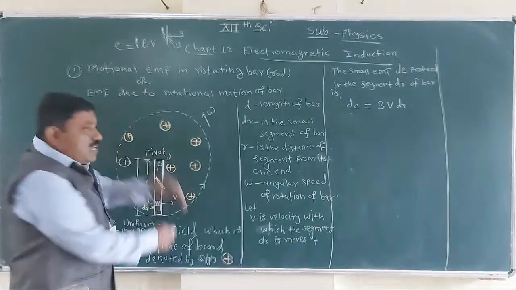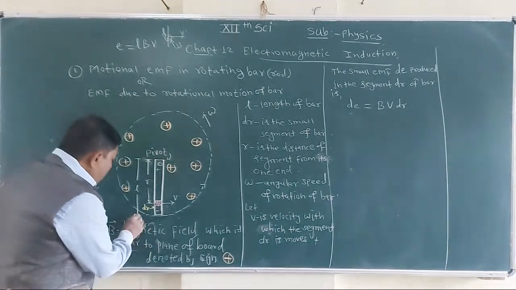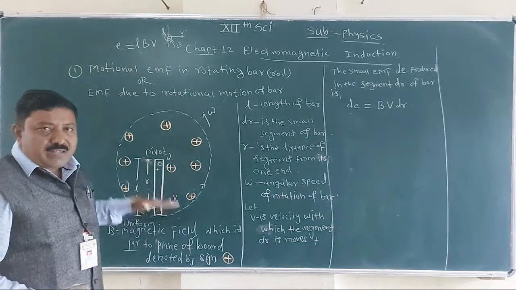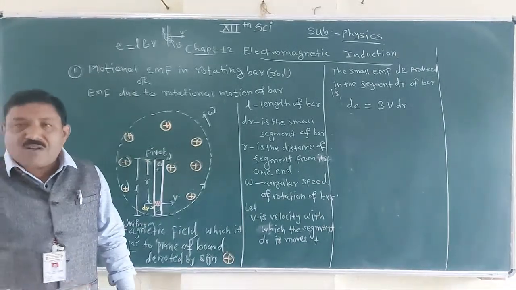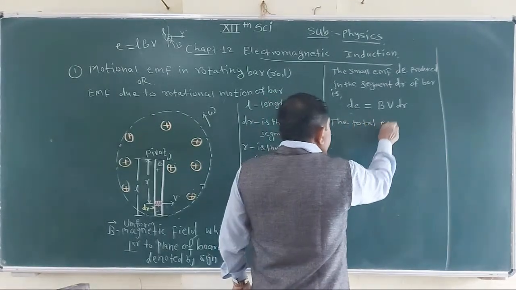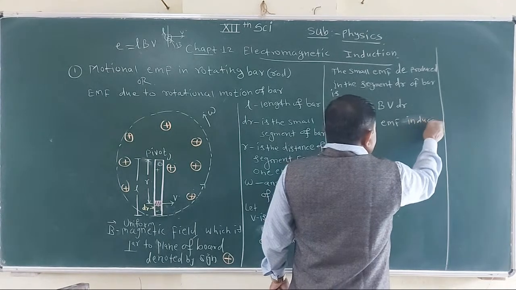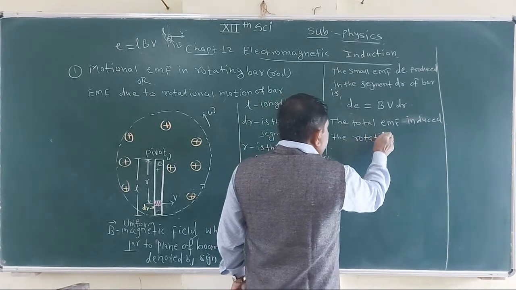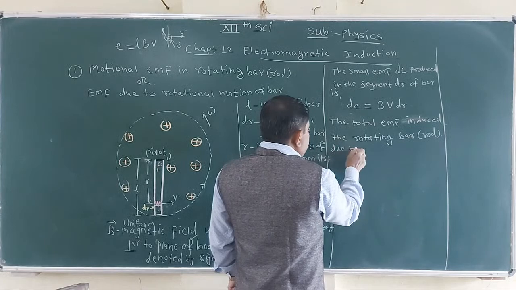Then the total EMF produced due to the rod, or we say that bar of length L, imagine this rod is divided into small elements, series of elements of width dr. Then the total EMF induced in the rotating bar or rod due to series of elements